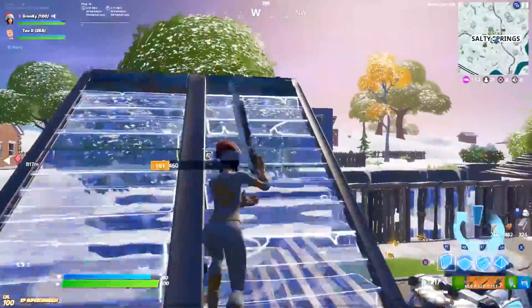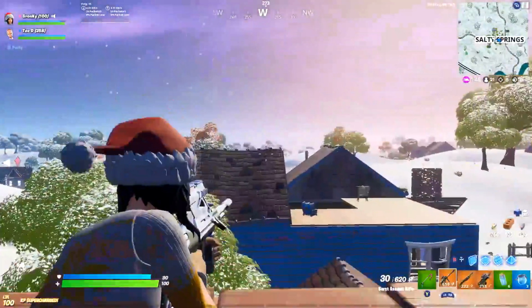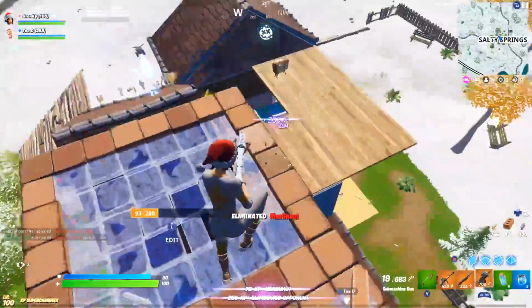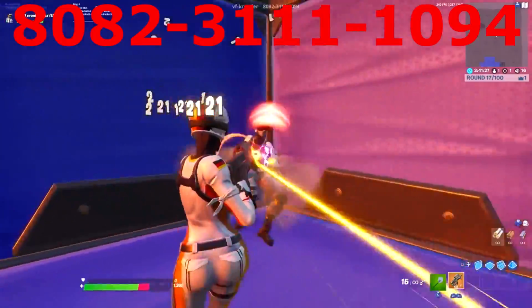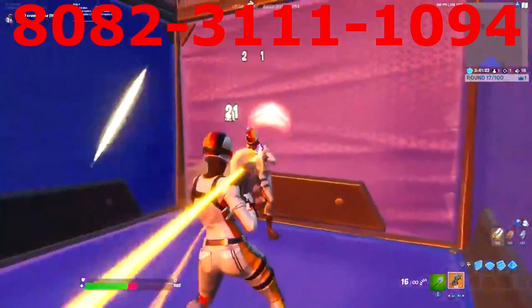So now we move on to the game modes and maps that are less well known than Zone Wars and Box Fights, and the first one here is going to be aim dueling. The best map for this is VF Creator's aim duel map. If you aren't familiar with what an aim duel is, it's a 1v1 game mode where you and a friend